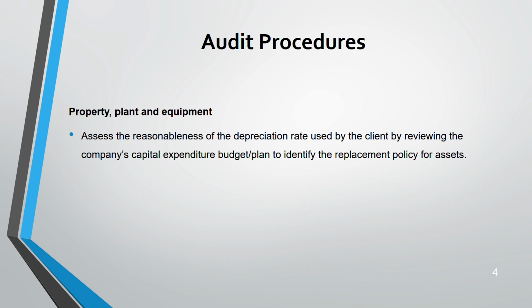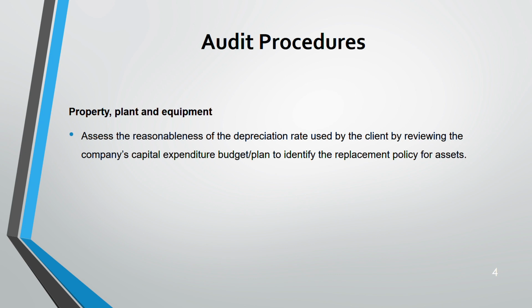So assess the reasonableness of the depreciation rate. If you write this much, you will not get any mark. Even if it's correct, it's only half. You will never get marks for writing half a sentence. You have to write a full sentence. Assess the reasonableness of the depreciation rate by reviewing. Reviewing is the audit procedure, because assess the reasonableness is not an audit procedure. You are just giving a way of how to assess that reasonableness through an audit procedure. What is it? By reviewing